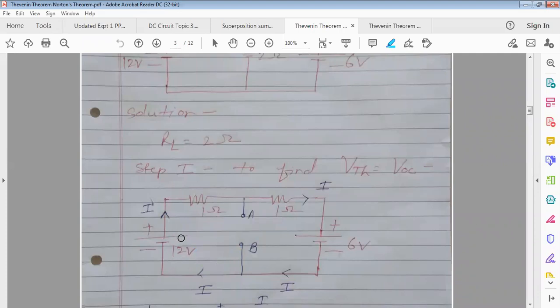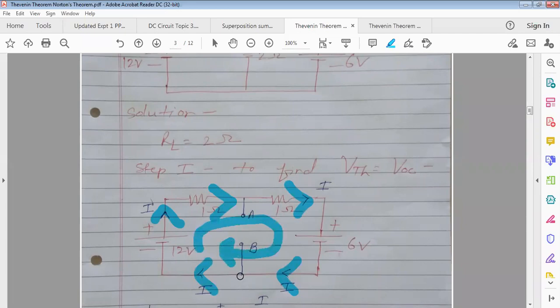So I wanted to find out I. Suppose this one is the conventional direction of current I am using. Once this I reaches over here, will it flow from A to B? Or it will flow through another 1 ohm resistance, isn't it? So like this will be the current direction. So to find out I, what is our aim? We want value of I. What I can do here, I can apply KVL to outer loop, larger one, isn't it?